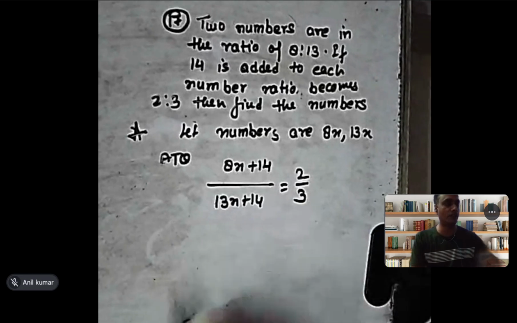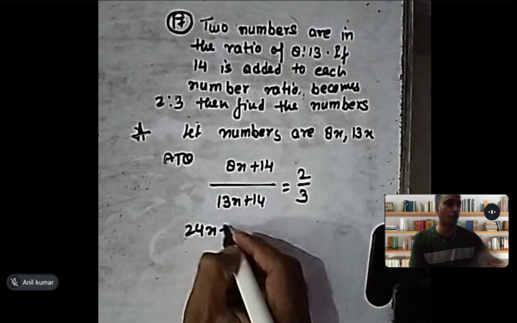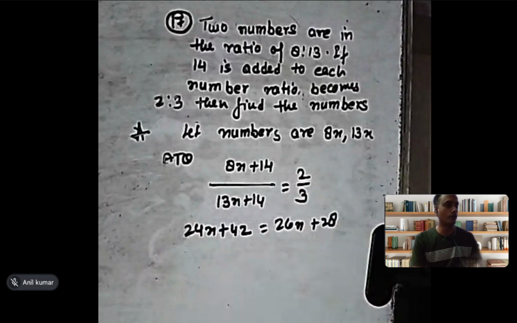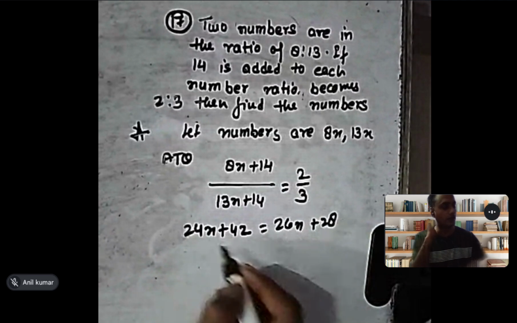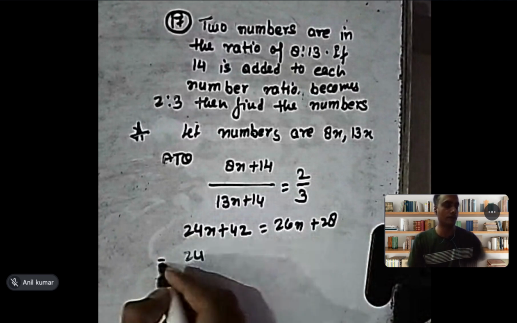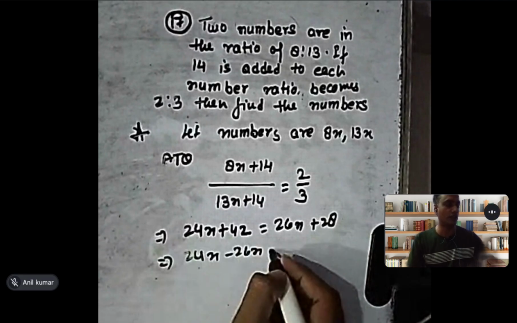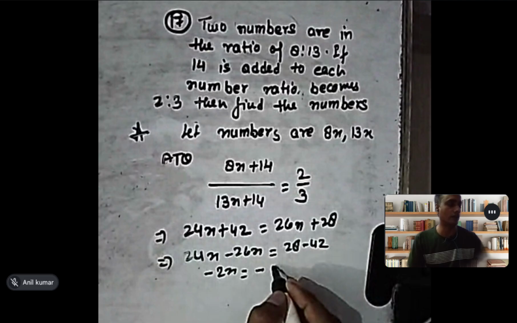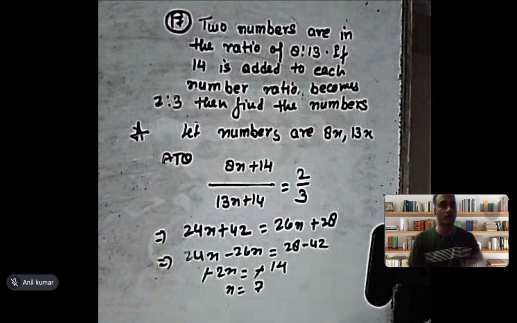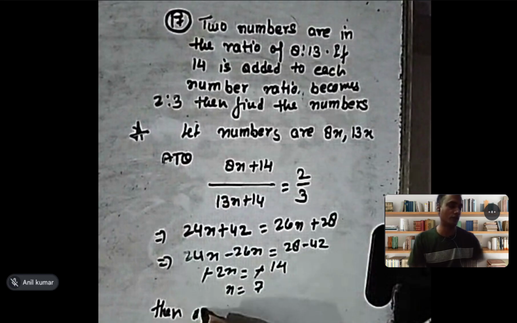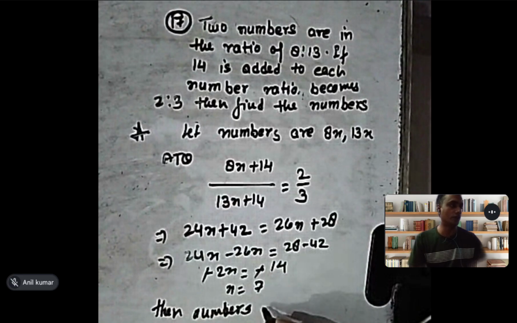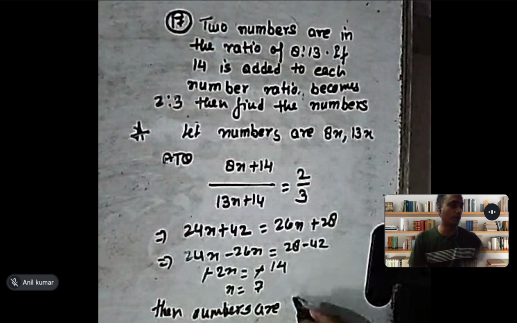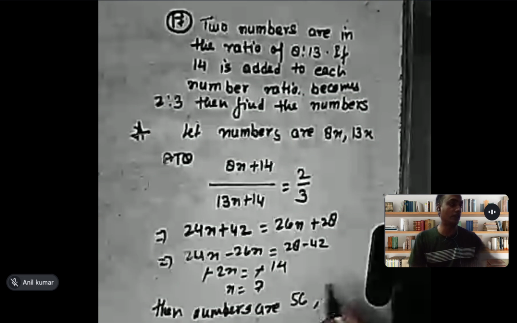Simply cross multiply the terms and you will get 24x plus 42 is equals to 26x plus 28. Okay, then इसको इधर ले लो, इसको इधर ले लेते हैं. तो 24x minus 26x is equals to 28 minus 42, and you will get minus 2x is equals to minus 14. Then x is equals to 7. x हमारा 7 आ गया. Then नंबर्स जो हमने लेट किए थे उसमें x की वैल्यू पुट कर दो, इक्वल्स टू, सॉरी, 8x था तो 8 इंटू 7 जा 56 हो गया, 13 7 जा 91. ओके,